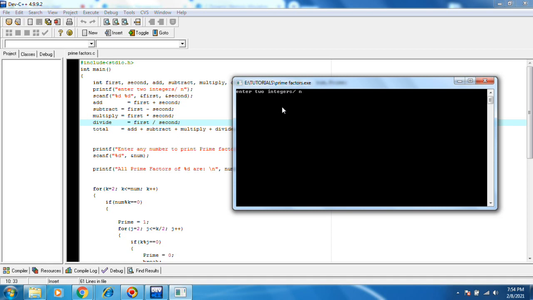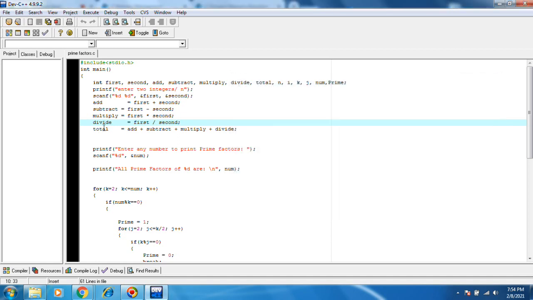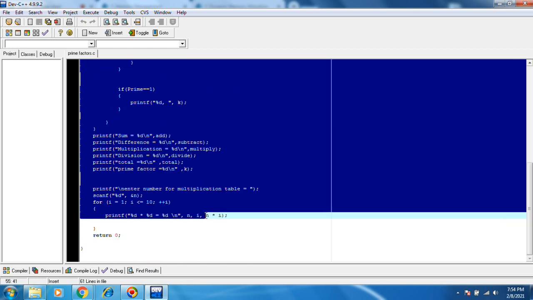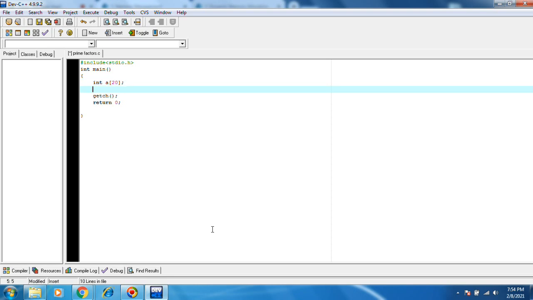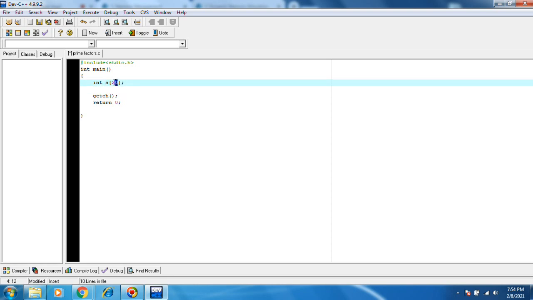Static means, suppose I have allocated some memory to A, say 20 bytes. This is static.